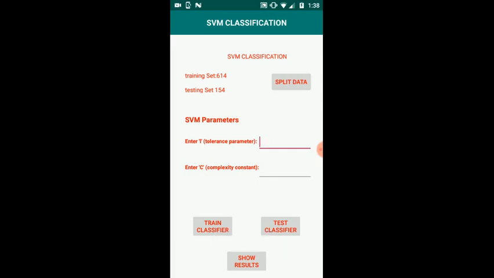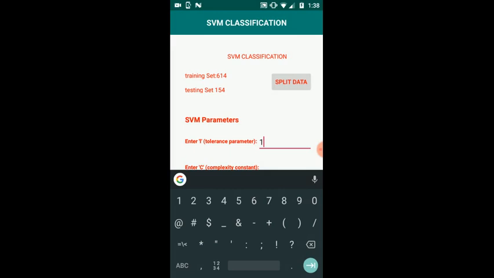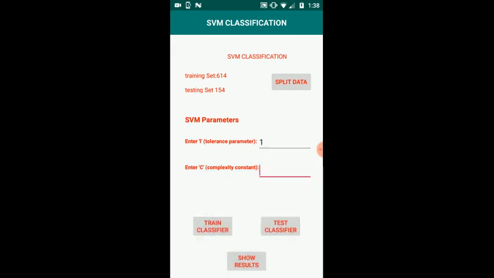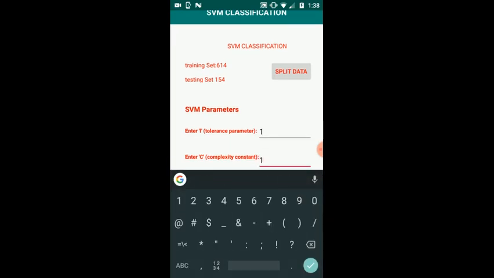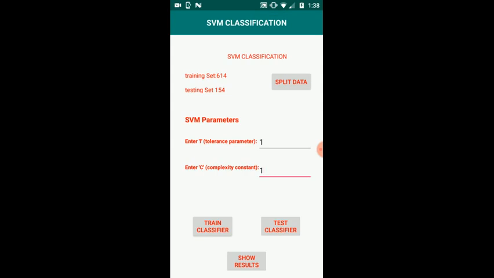I can give these parameters, enter L, enter C, and I'm now clicking train classifier. It started training, finishing training. Then I will test the classifier, started testing with CPU. Now started testing on thread, which is executing multi-threading. It is finished testing on thread, and now